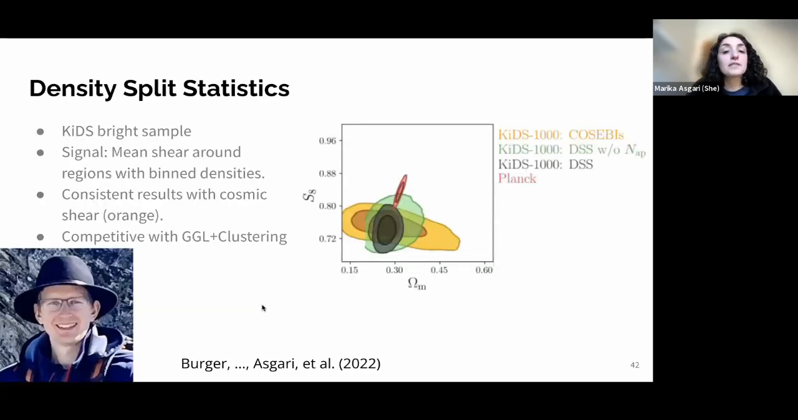Okay, so aside from that, we can also use information from higher order statistics. So far what I've shown you uses just information from 2-point statistics, and basically power spectra only. But we can use information from, for example, density split statistics. This is a paper by Pierre Burger. And here you can see the results from that. So this is again using the KiDS bright sample. And the signal that